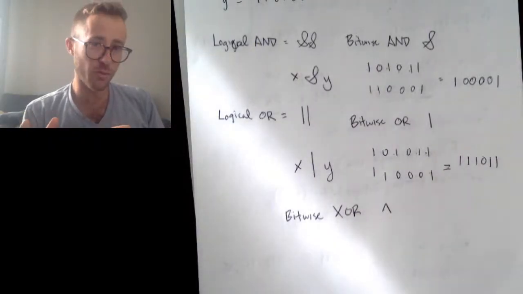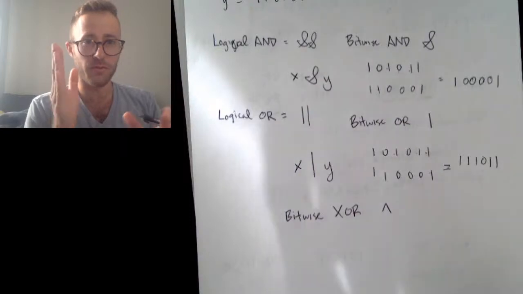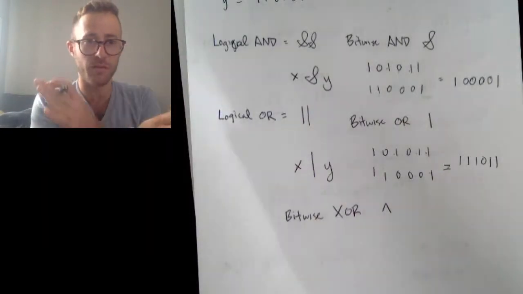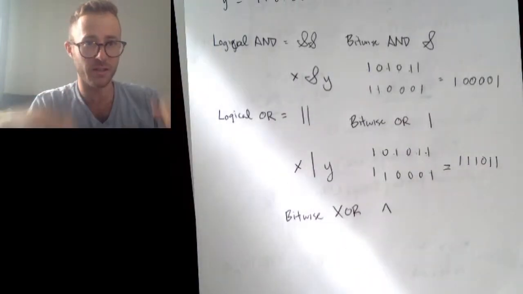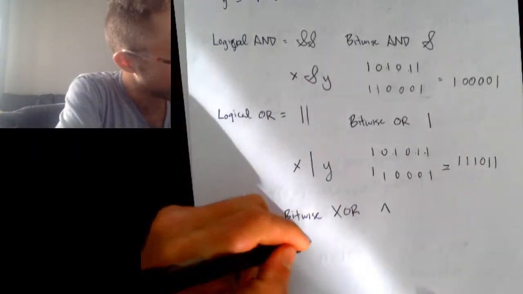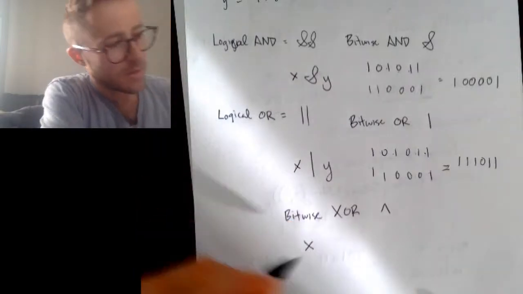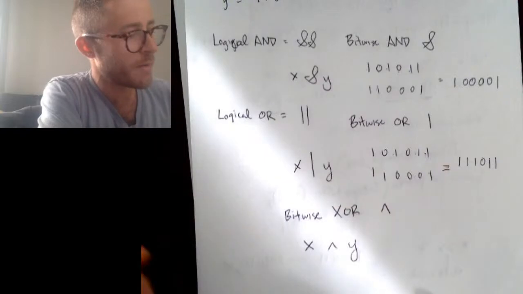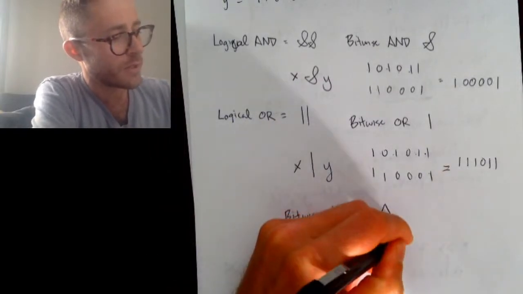But the exclusive OR is only going to be equal to 1 if you have a 1 and a 0, or a 0 and a 1. But if they're both 1, it gives 0. Okay? So what if I did x bitwise exclusive OR y? So I have to take these